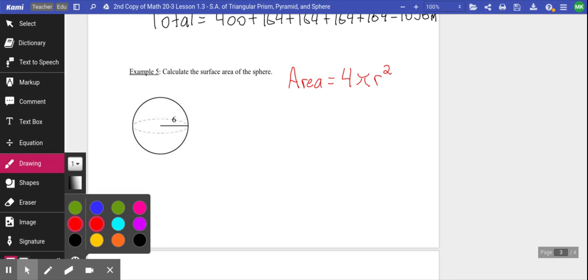Anyway, with these spheres, you need to find the radius. Remember, the radius is halfway, so it's from the middle to the outer edge. That's your radius on a sphere. All the way across is called the diameter. We don't want that. We want half of that, the radius. So when we do this calculation,